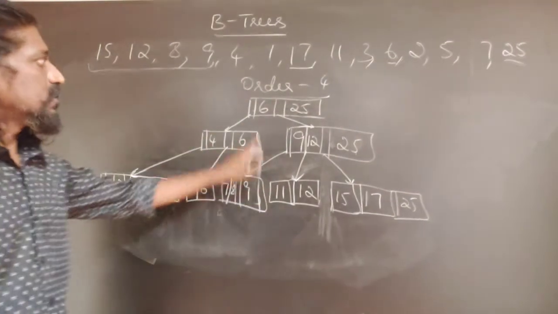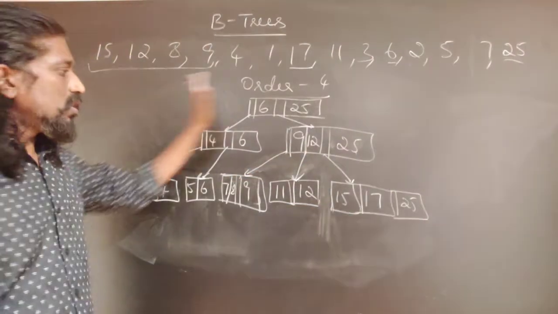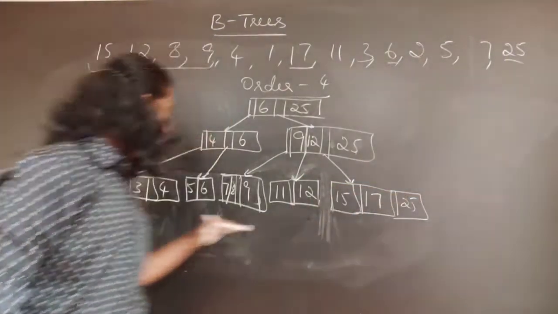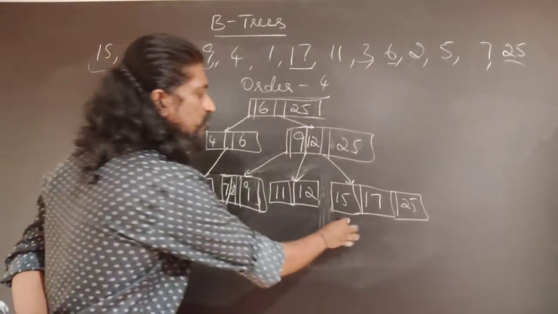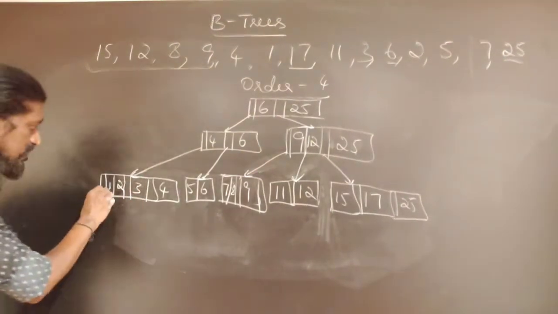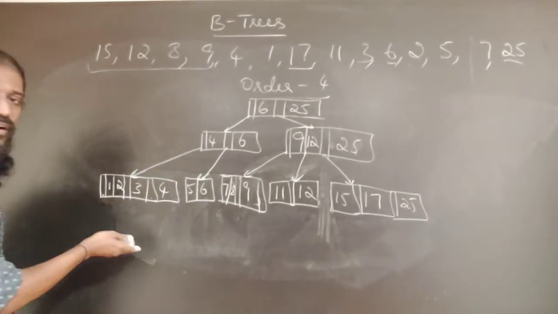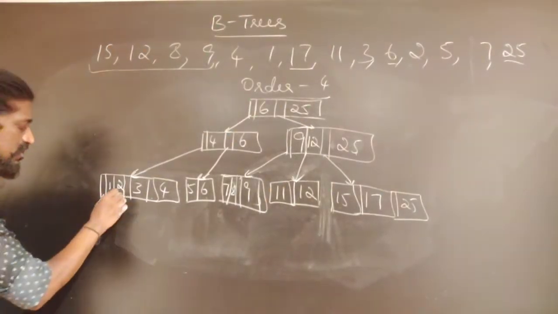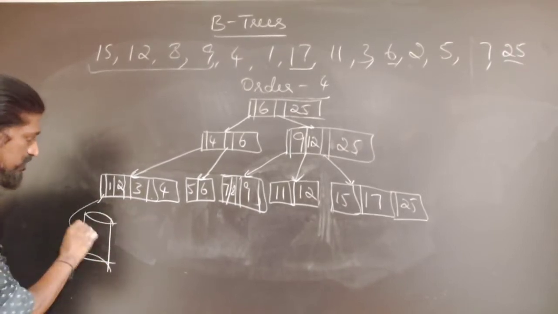So once again you can verify greater than 6, less than or equal to 25. So greater than 12, less than or equal to 25. So all the properties hold, and you can see all the keys are present in the leaf level. They form an ordered pair in ascending order. 1, 2, 3, 4, 5, 6, 7, 8, 9, 11, 12, 15, 17, 25 in this particular fashion. So what will these references have? Because in the leaf node these references don't have to point to any of the child index blocks. So basically these references will point to the actual data record that is present in the hard disk, okay.